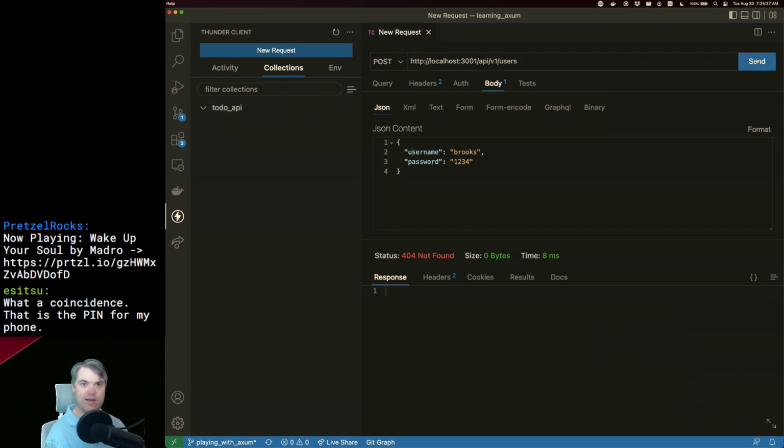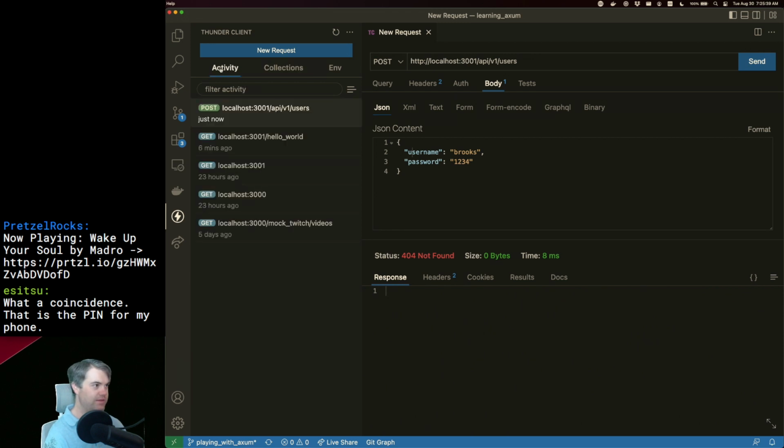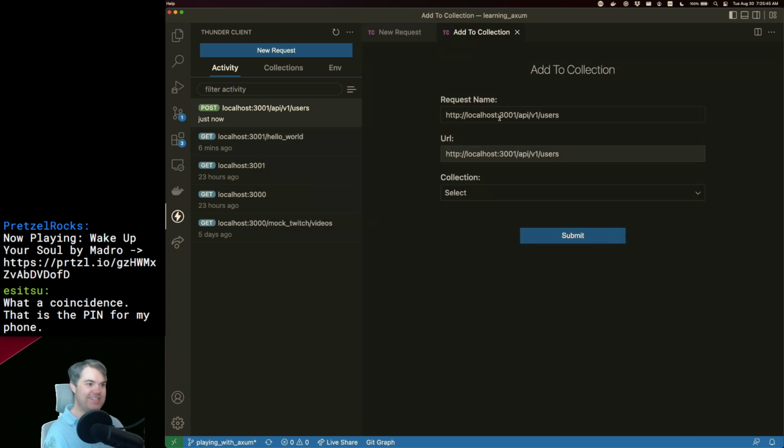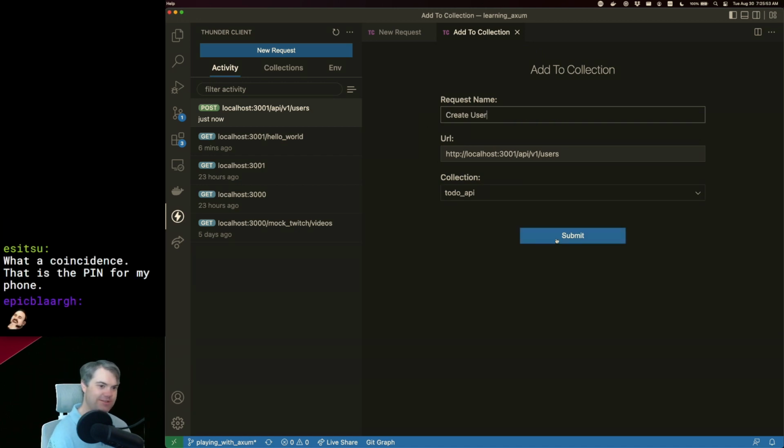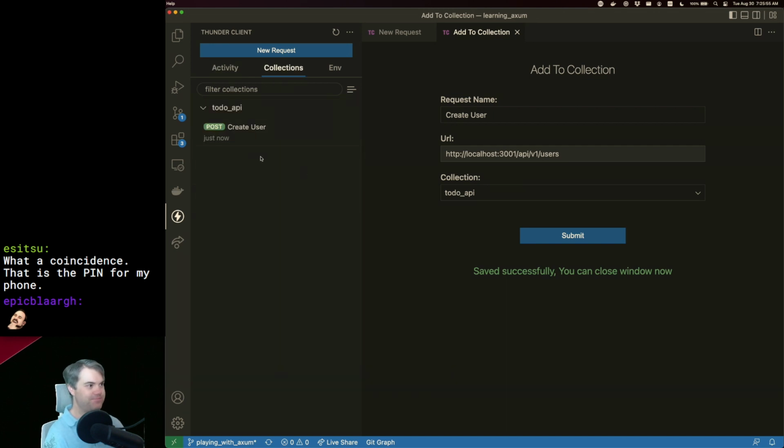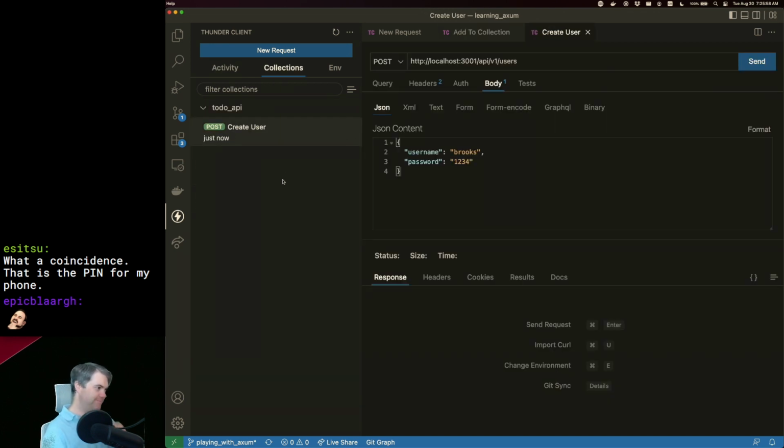Of course that's used. Okay, so if I save you, then I go here. Then I save this to the collection to do API as name create user. That is stupid. Okay. There we go. I don't like this because it's one too many clicks. Although I kind of understand because moving tabs around is not something normal. They're trying to work this into VS Code itself. All right, but